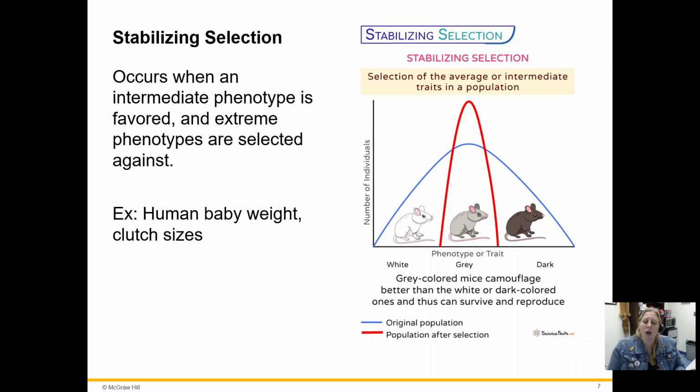Mice generally do come between gray to black coat colors, and we're going to have a range of those colors in between. So you can imagine that I have a white mouse, a gray mouse, and a black mouse, but I can have shades of colors in between those. If I'm in a natural